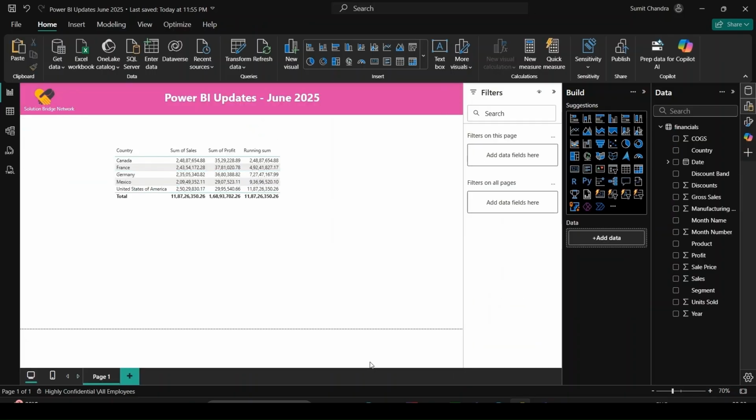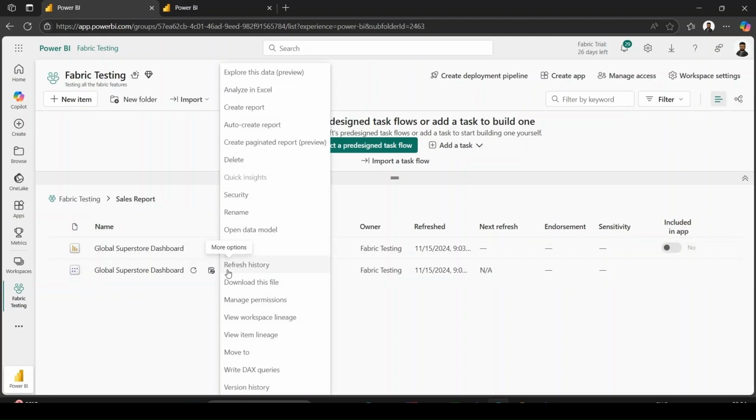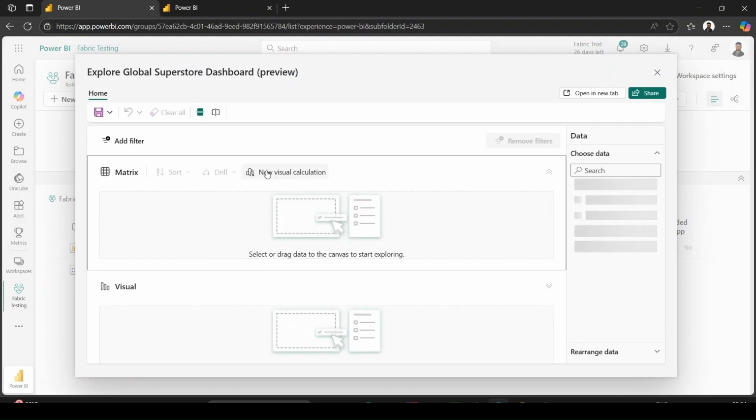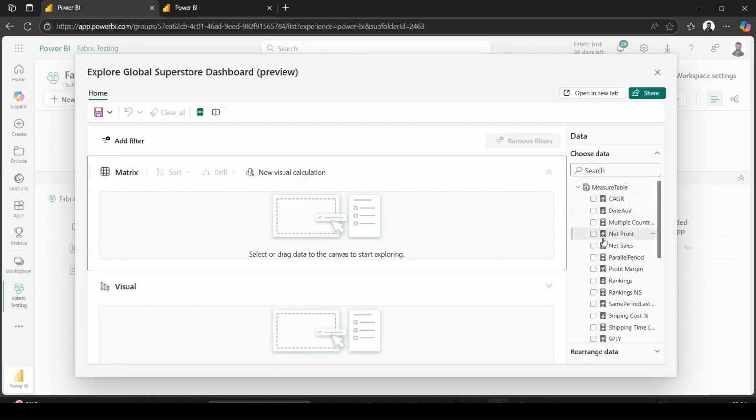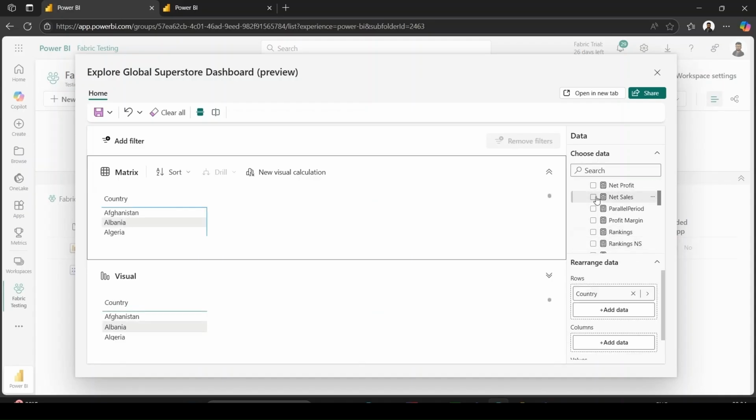Also, let me show you how we can leverage visual calculation in Explore option. Let me open my Power BI service, and here in the workspace, let me click on this semantic model, and I click on this triple dot. From here we can click on explore this data, and once you click on explore this data, from here users can make any report out of this semantic model. So let me come to country table and select country, and also let me come to measure section and let me select